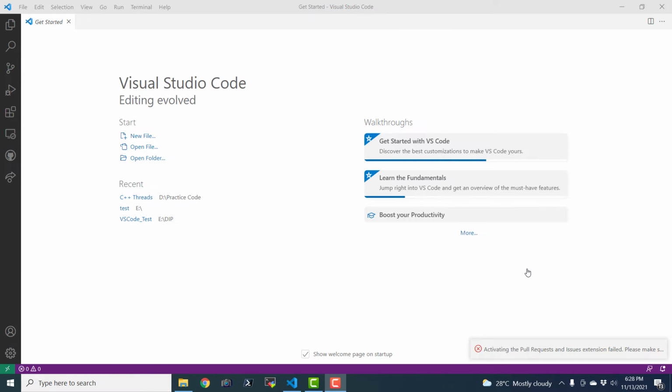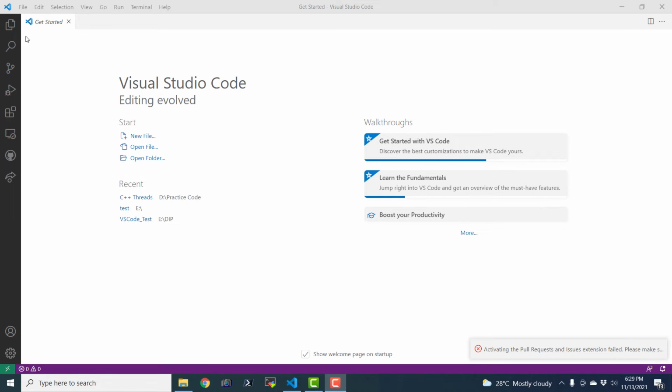So I have opened a new window of Visual Studio Code IDE, and now we are going to see how to run our very first Python program with Visual Studio Code. To be very frank, I haven't ever run a Python program with Visual Studio Code, so this is going to be an exploratory video. I will also gain valuable experience of running Python code using Visual Studio Code.